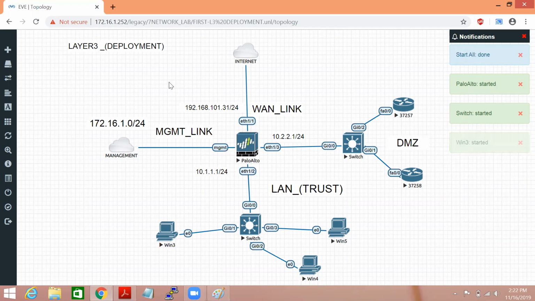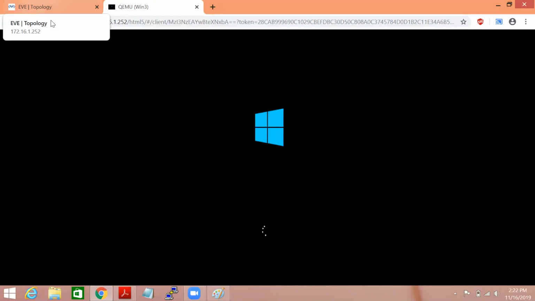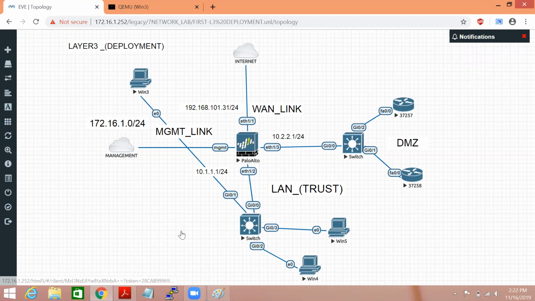Once you do, the color of the devices changes and becomes colorful, and if you click on any device, you get access. Let's say if I try to access this Windows machine, you just click here, and after some time it shows the login prompt. In a very similar way, if you click on this DMZ router, you get access.